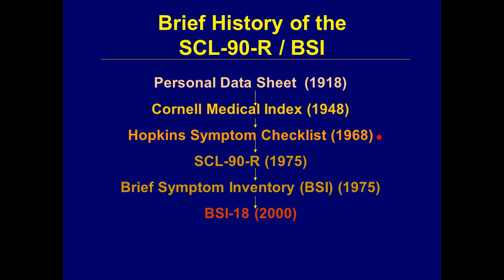This is a sound five-dimensional test, as you'll see. But when colleagues helped me evaluate it, we came to the conclusion that it didn't have enough breadth in terms of the range of symptoms. So I added 4 dimensions after quite a bit of work and developed the SCL90R in 1975. That same year, the brief symptom inventory was developed. And then the final instrument in the series, the BSI-18, was developed in 2000.